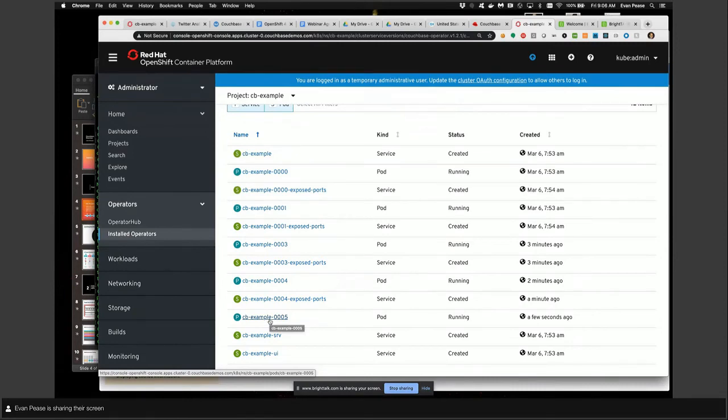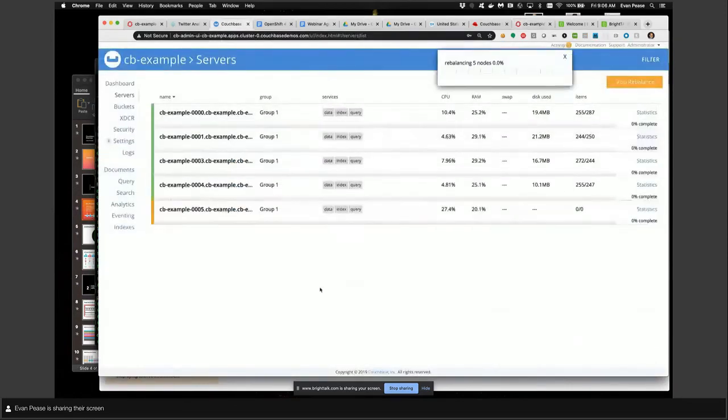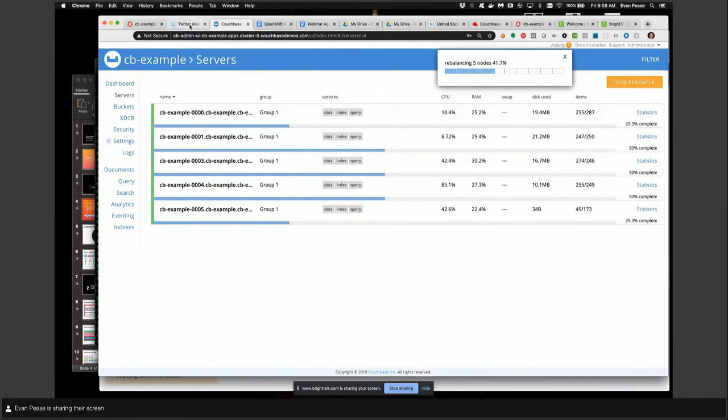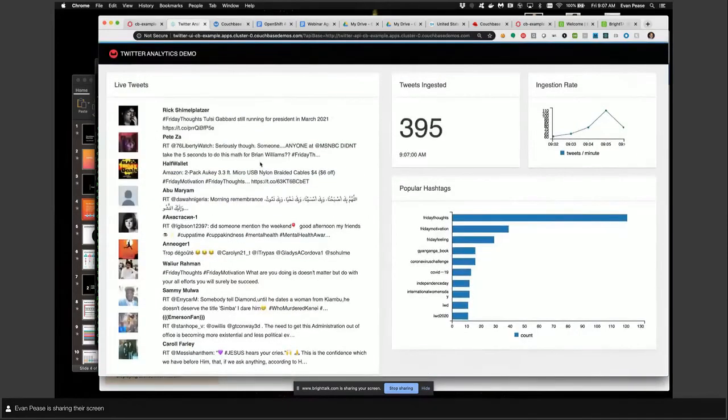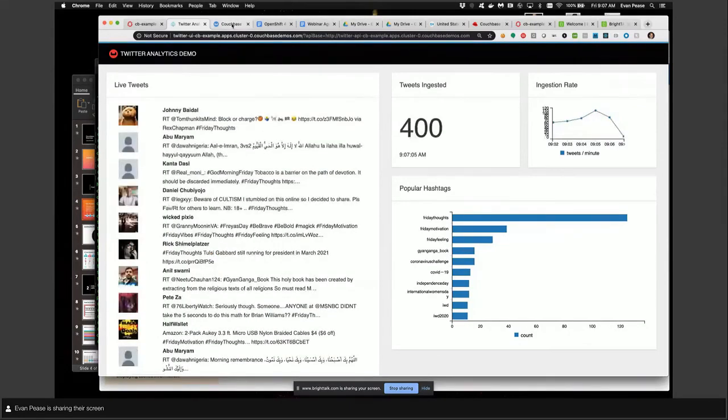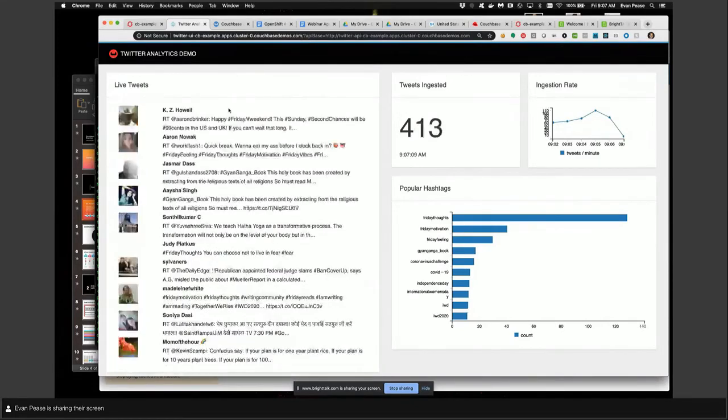Once this is done, it's going to rebalance the data into the cluster, and then it's going to take one of the old pods that's running the old version down, and then repeat that process over and over again until the entire cluster has been updated. So that's how we do rolling upgrades. So our cluster is now upgrading itself to the newest version of Couchbase. And again, all along, you've got data flowing. There's zero interruption to our application here. We're not losing any data or any other issues. We're able to do this while our service is online.